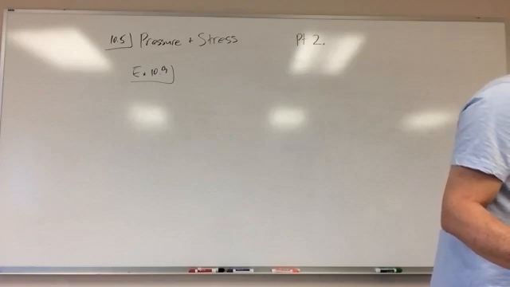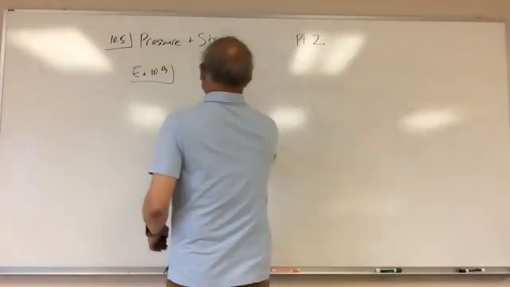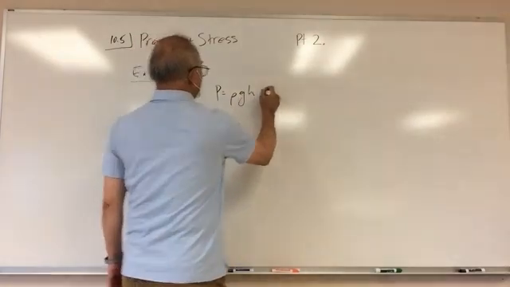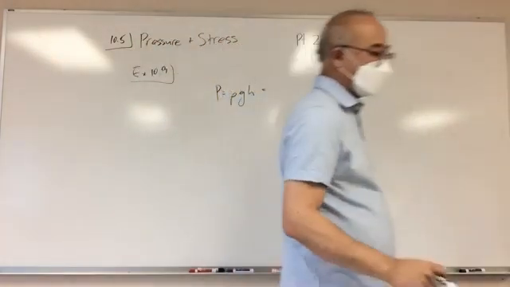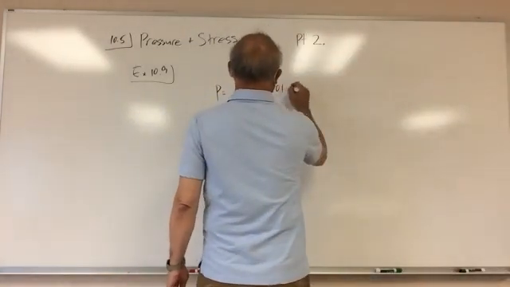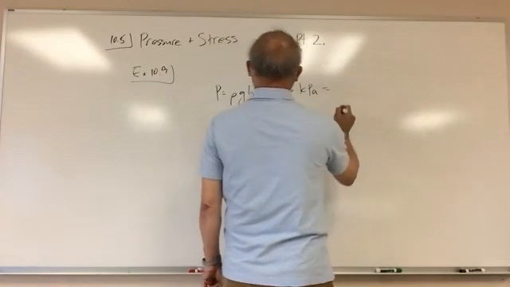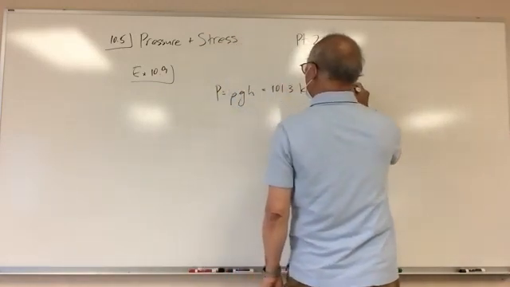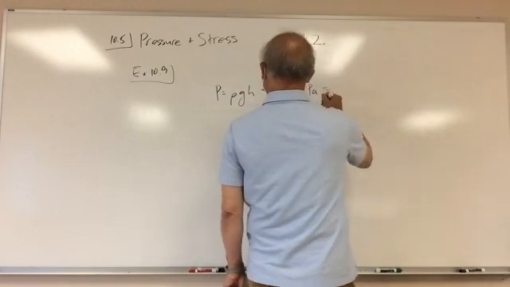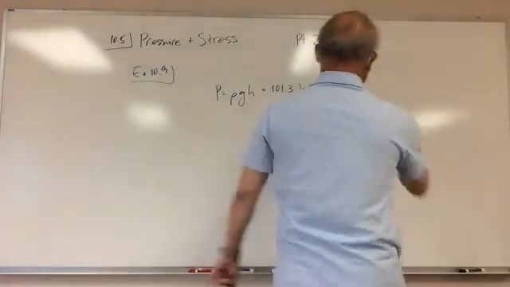Oh, they want us to actually derive it? Is that what we're doing here? Okay, so choose to go to rho g h, where this was 101.3 kilopascals. And we wanted to do this in what was rho? Okay, so now we're doing in SI units because we're in pascals, right? We're in pascals, so the rho is